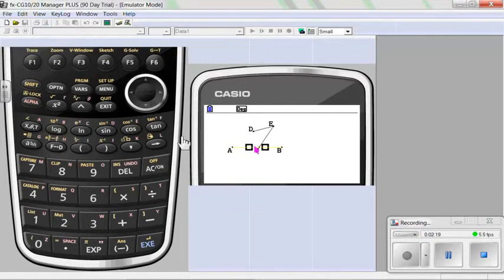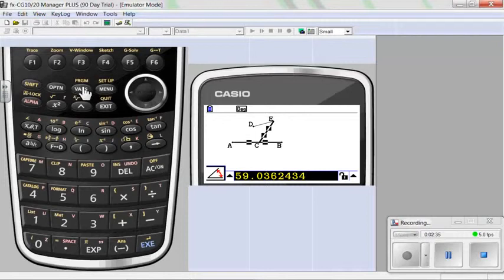Now I want to constrain it. This is where the prism has a unique feature that lets you constrain based on what you want. So I want CE to be perpendicular to AB. Currently it's 56 degrees. I'm going to press vars. It says the angle there. Well, I want that angle to be 90. And I want to force it to be 90. So I'm going to go over to the lock, and now it's forced to be 90 degrees. I'm going to exit.